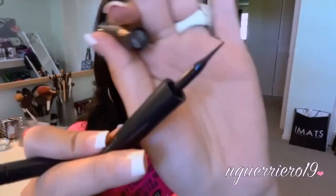The two eyeliners that I've been loving at the moment are the L'Oreal Carbon Black Lunar Intense. It just looks like this, and I really like felt tip liquid liners because I find it's a lot easier to do your eyeliner when you have more control, and a felt tip does give you a lot of control. And then the other one is the Urban Decay 24/7